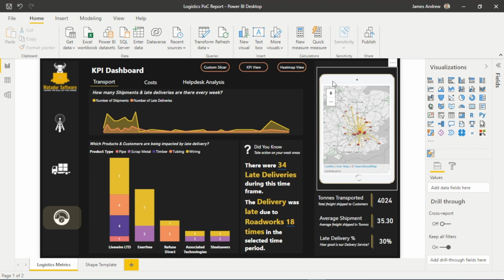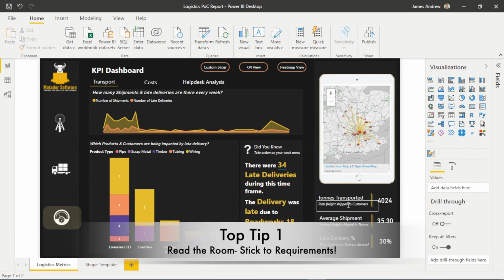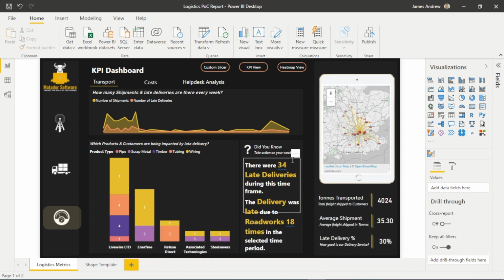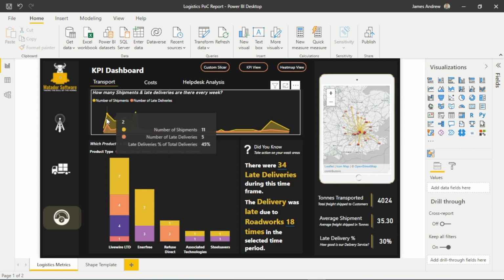And we're really honing in on the first tip, which I would say: read the room and do what's required. In a lot of these dashboards, we have many people from different areas of the company. So let's bring everything to them in plain English. You can see here, percentage of total deliveries. We use our DAX. We use clear descriptions to get everything over to the audience in really plain English or